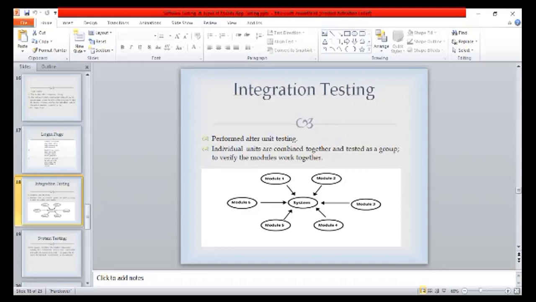Also there. After merging it, we check whether any conflicts or errors are coming up. That testing is called integration testing. Individual units are combined together and tested as a group. In our learners app we have the home page, that is an individual module, right? And we have fees: fees management, collect fees, SMS module. These are different modules which are developed individually, and they are pushed together to get the complete app.